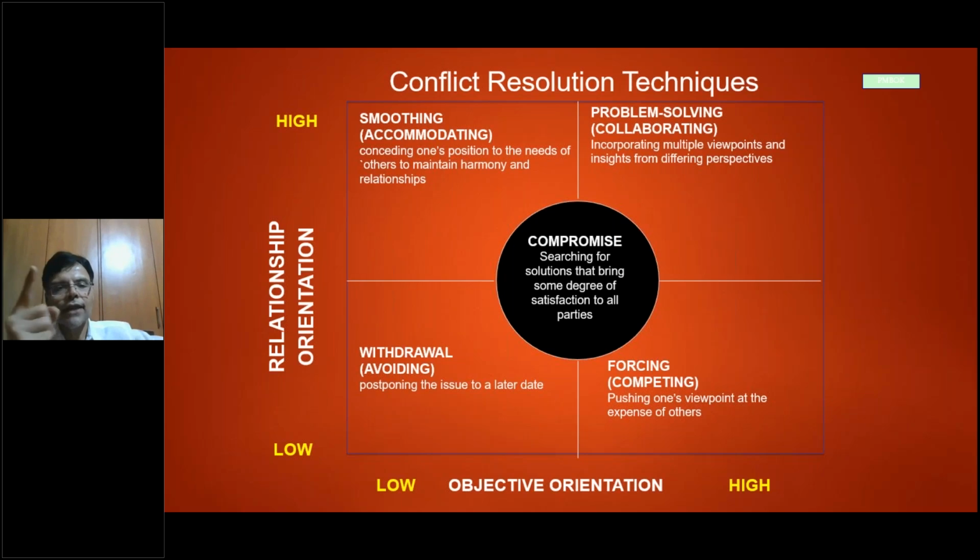This is a part of your high performance team building exercise. The first thing a PM does is build this kind of understanding of the conflict resolution techniques. And in whichever situation they go, problem solving may not always be applicable, right? At times, if the conflict goes beyond, they might even need to either withdraw or compromise. So with that,